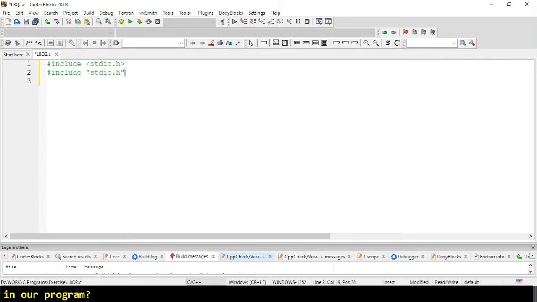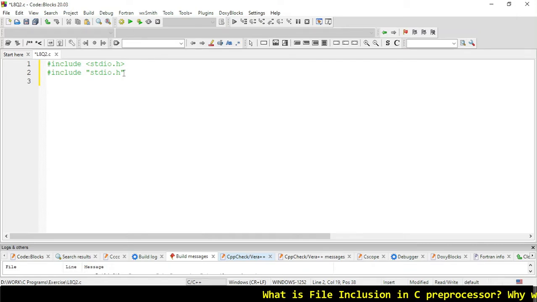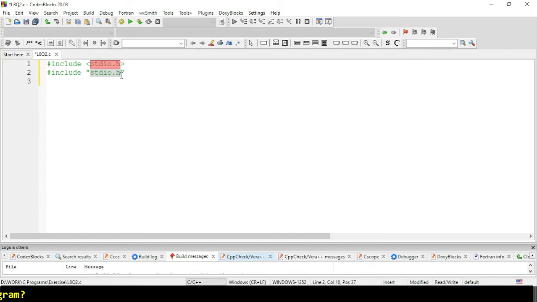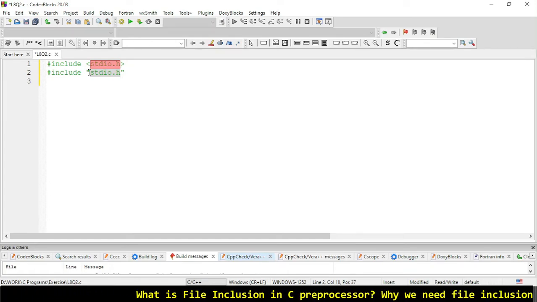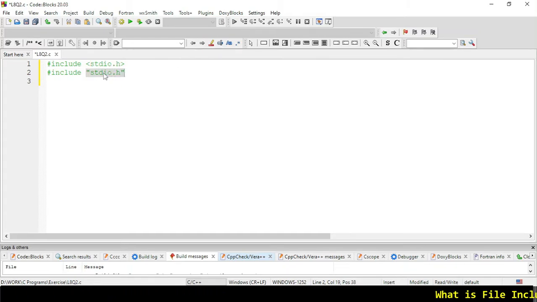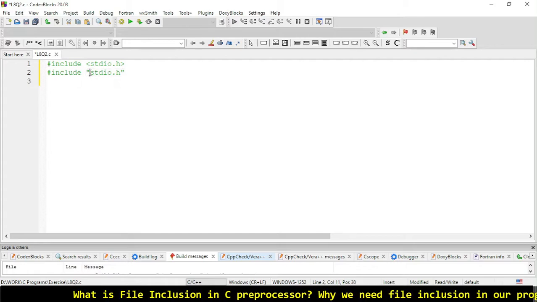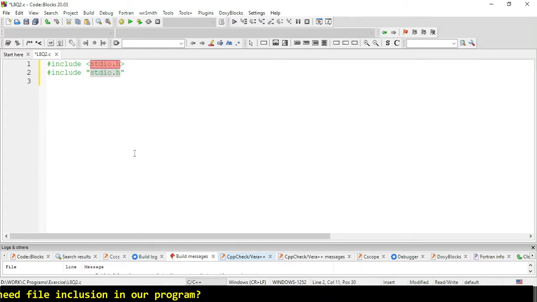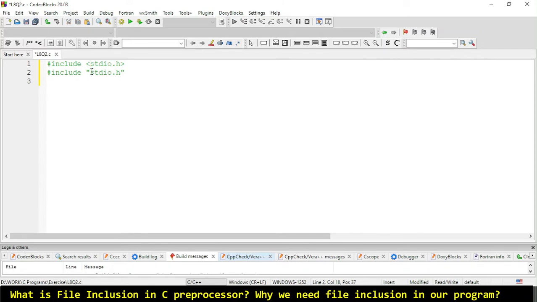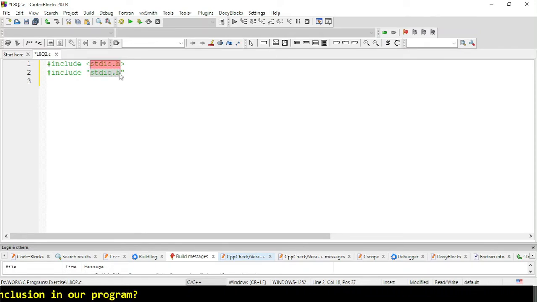This will also work with stdio.h like this, because if we don't pass any path here, it will search for the directory in which our main program exists, this L8 C1 C2 present. It will search there whether stdio.h is present or not, and if not found there, it will search in the default one.